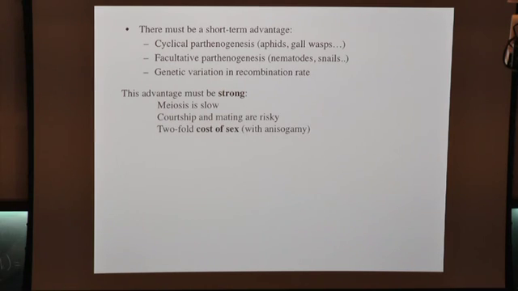The most important reason, at least the most quantifiable reason, is the so-called twofold cost of sex, which applies if you have so-called anisogamy, if you have the traditional role of the female producing a large egg full of resources, the male producing a small motile gamete. And we can think of this